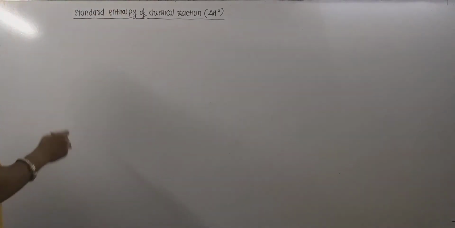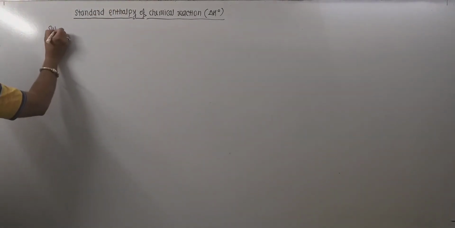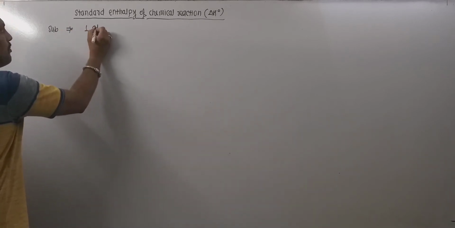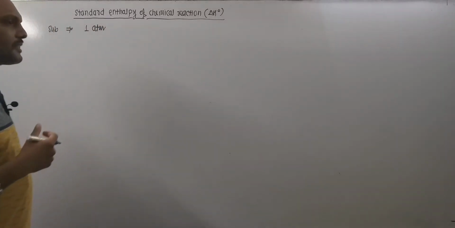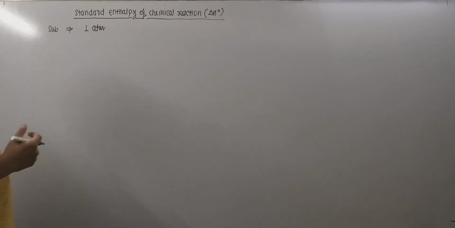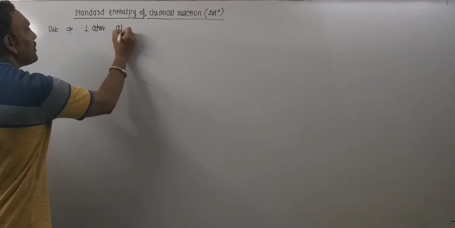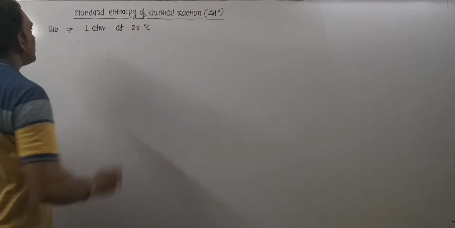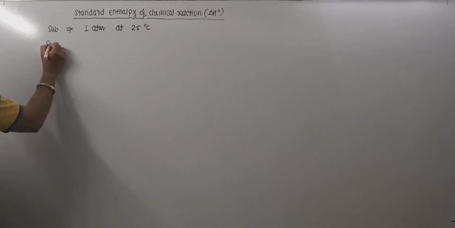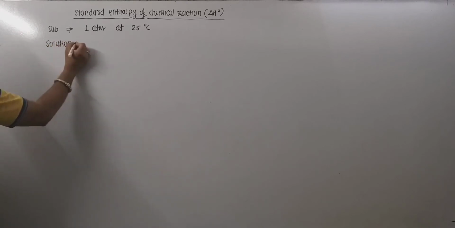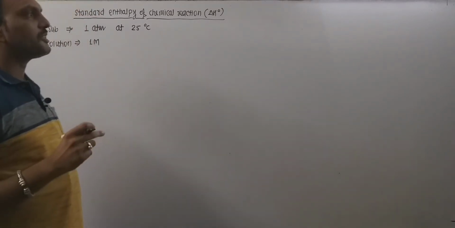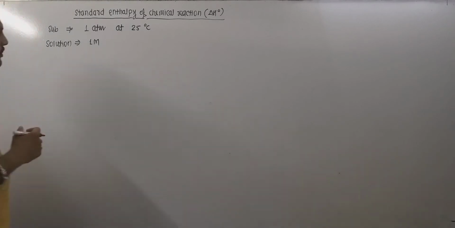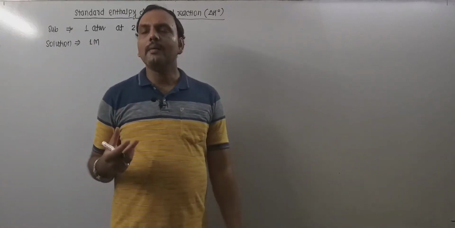For any given substance, pressure must be 1 atmosphere. I mean at 1 atmospheric pressure, the stability of that specific substance needs to be considered, at a temperature of 25 degrees Celsius. And if you are dealing with solutions, then a 1 molar solution of a specific substance is considered as a standard. Now these parameters are important.